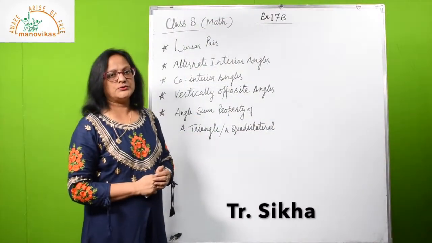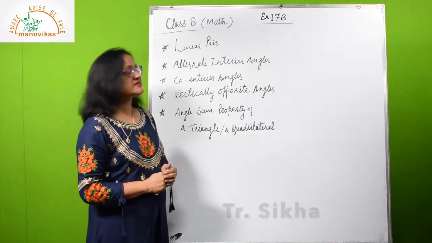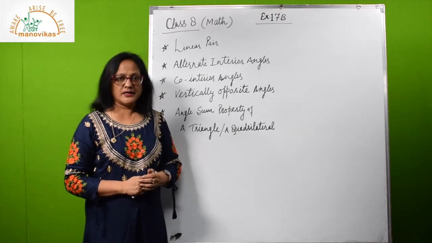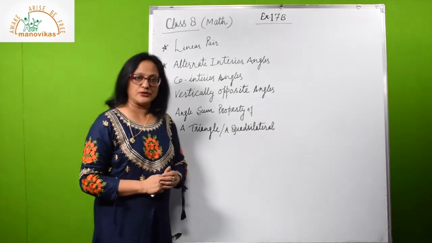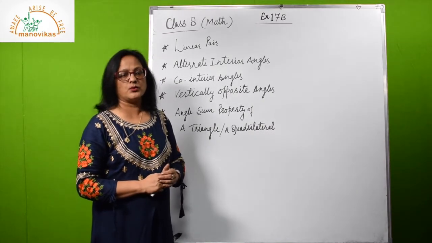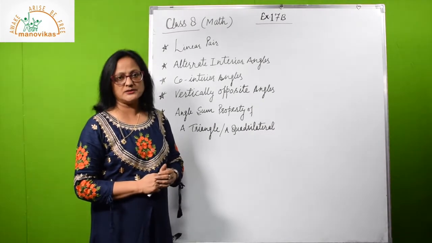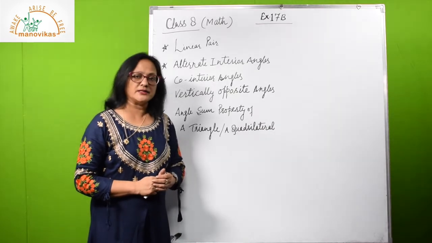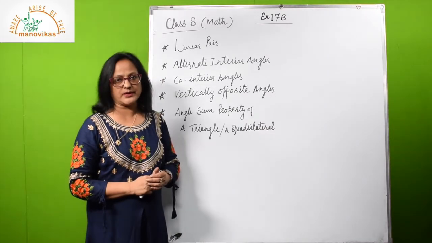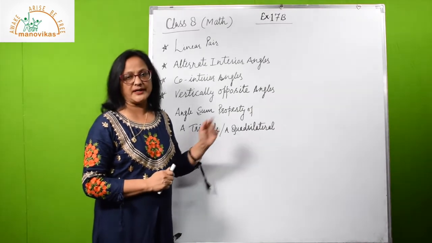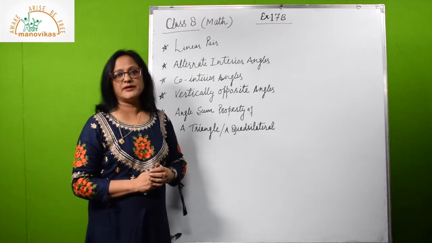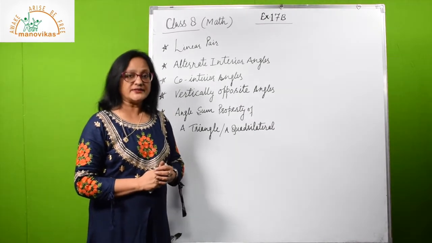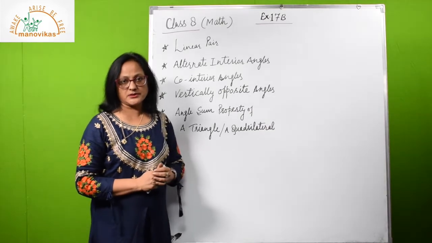Today I am going to solve questions from exercise 17b. In this exercise, you are given questions based on parallelogram in which one angle or two angles will be given to you, and you have to find the other angles of the parallelogram by using the given angles. So, how you have to use the given angle and what are the tricks to solve the questions, that we will discuss first.